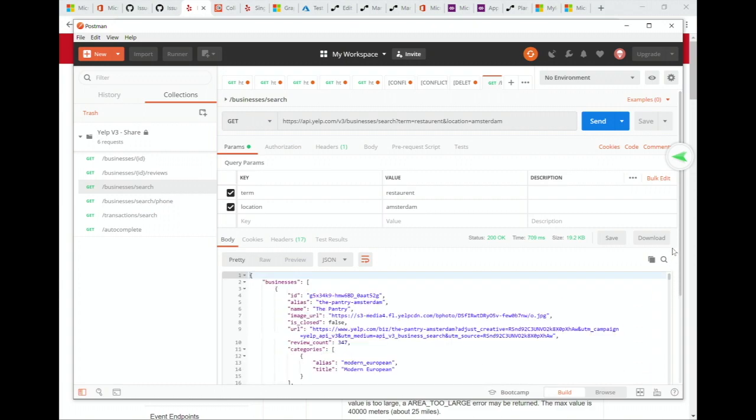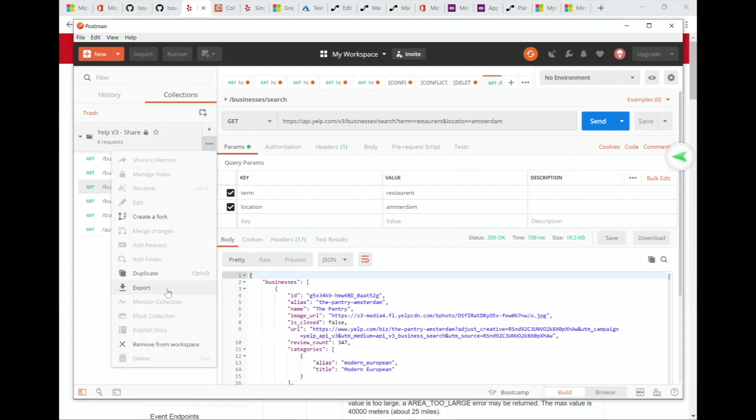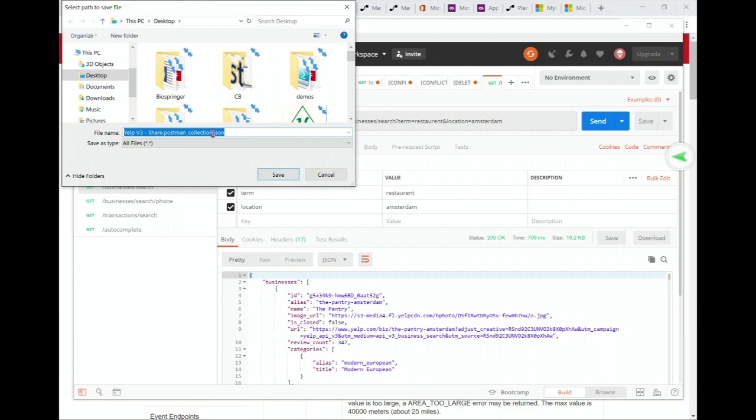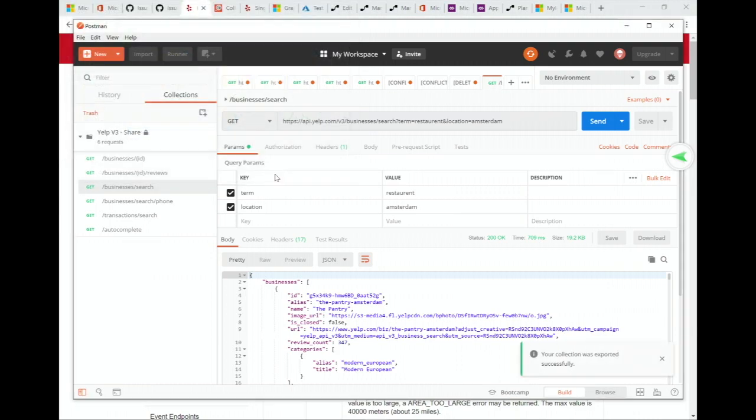So the goal of Postman is to test the API and the different parameters, and when you are ready, what is interesting is you can take your collection and export it, and it will be possible to import it in Flow. So I export, I give a name. I already have information, so I give another name.